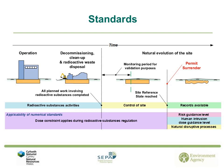The combined impact of any on-site disposals of radioactive waste and contamination managed on the site must collectively meet the standards of protection specified in the GRR. The Waste Management Plan and SWESC need to show that the dose constraints, that is requirement R9, can be met during the period of regulation. After the period of regulation, the risk guidance level, that is requirement R10, must be met for the totality of radioactivity remaining on the site, and the dose guidance level, that is requirement R11, must be met for each individual